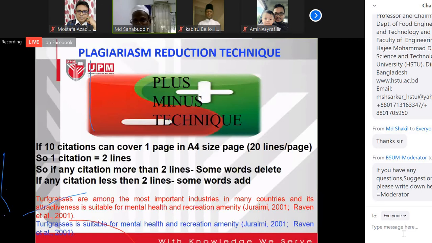How do we get this idea? When you type in a short file, double space, Times New Roman, 10 citations on a page will cover around 20 lines in MS Word. So 20 lines means 10 citations, that means 1 citation is 2 lines.